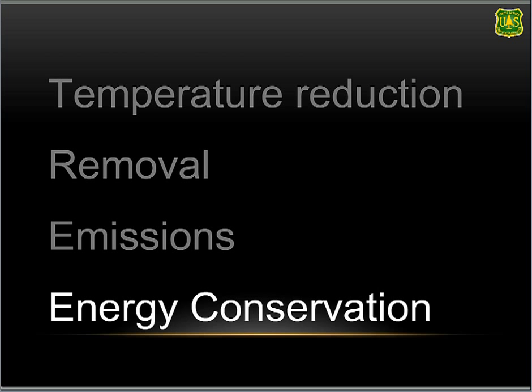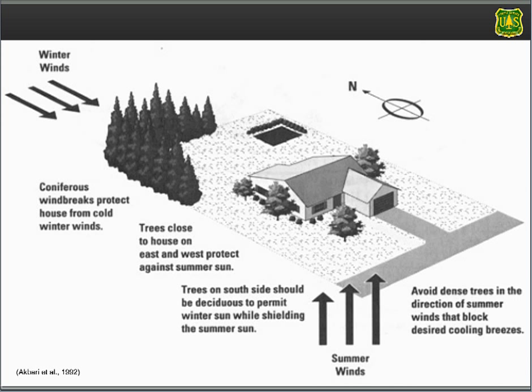Okay, lastly, energy conservation. This is pretty straightforward. If we plant trees that reduce temperatures, shade buildings, and block winds, we can alter building energy use. In the summertime, it's generally a positive effect, because shading buildings and cooling air temperatures tend to reduce our need for air conditioning. In the wintertime, it can get a little dicey in some fashions.